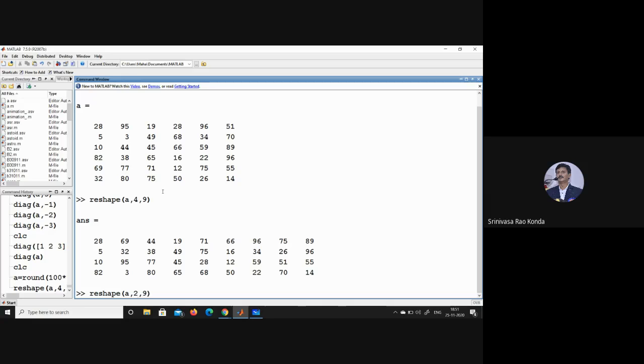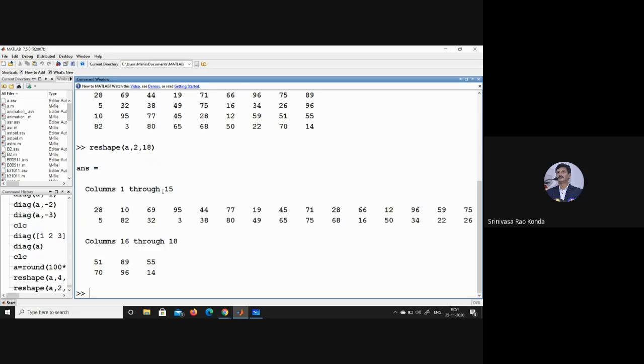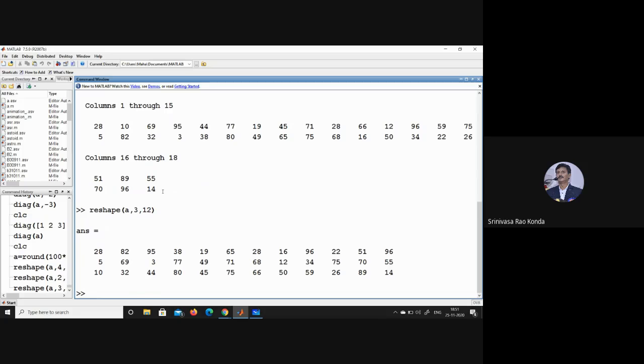2, 18: 2 rows, 18 columns. 3 rows, 12 columns. Right? Reshape, this is also a very useful command. You will see this one. Okay, 4, 4, 5, 6, 6, 7, 8, like this, 8, 8, 8, 8,